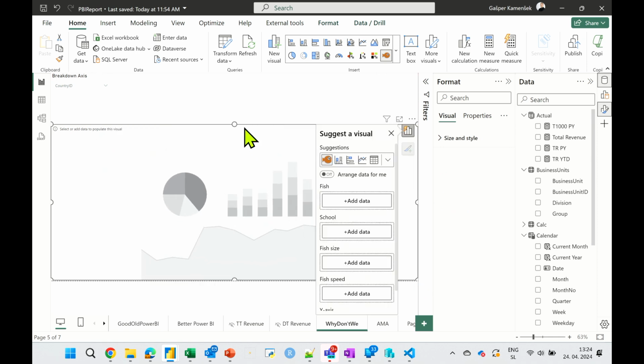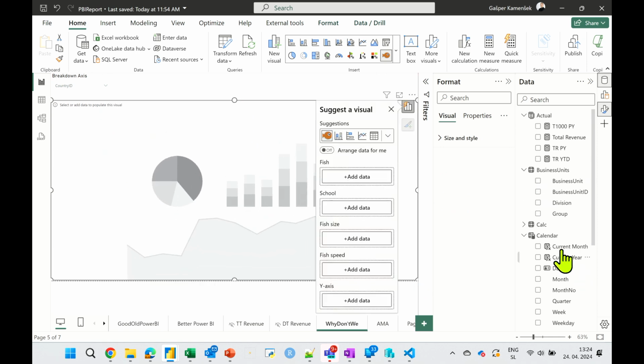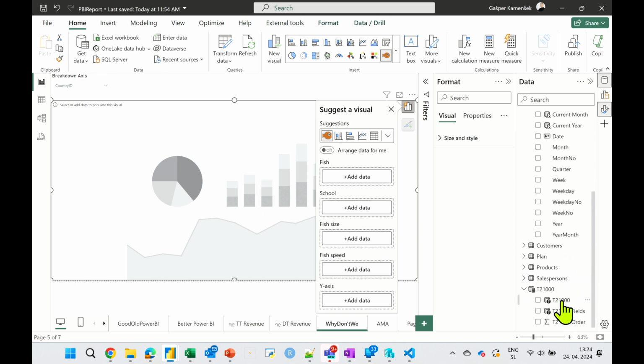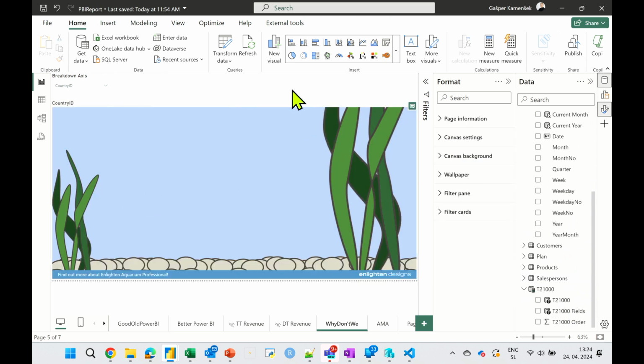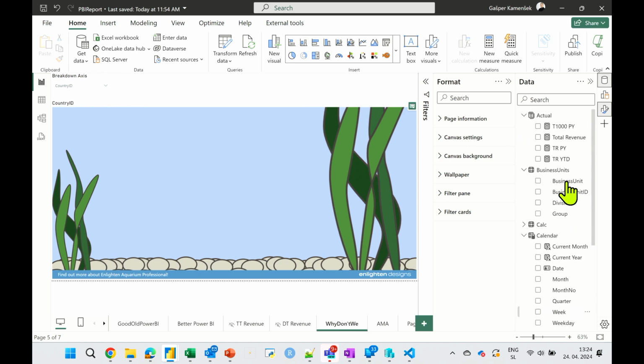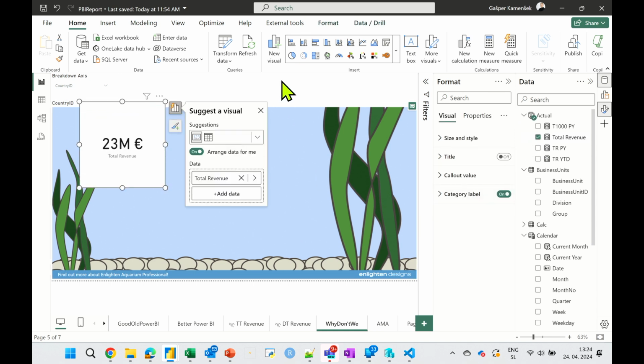I'm going to bring in a visual, and let me go by this, right? And already, I'm off to a great start. I have the aquarium, right? And now I just need to visualize something, so let me visualize total revenue. And there are my little, where are they?